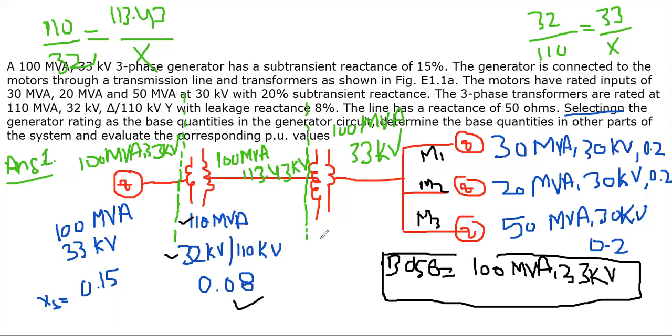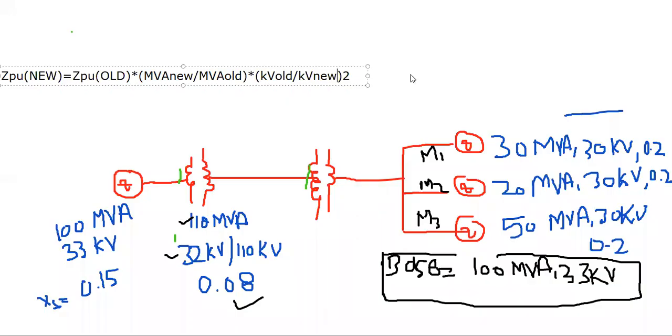So the first thing is complete, the first answer is complete. We have calculated the base value at different parts of the system. Now let us do the second part. So now we are moving to the second part of the question. In the second part, it is well known that